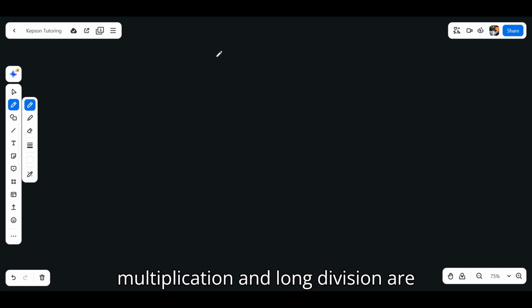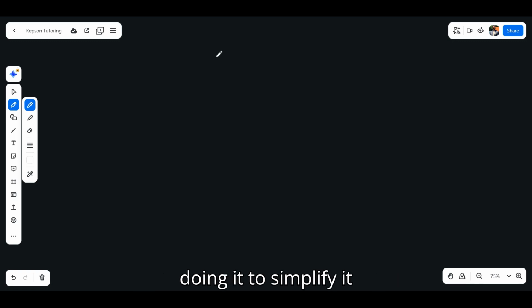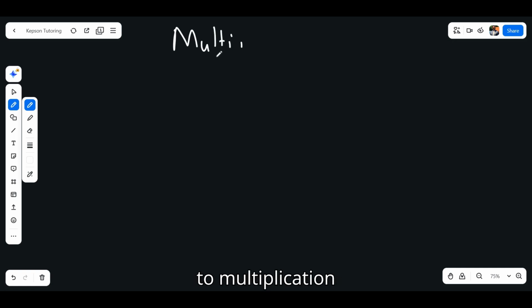Multiplication and long division are the topics that most kids actually struggle with, and today I'm going to simplify it further in a simple way. All right. Okay. So, when it comes to multiplication,